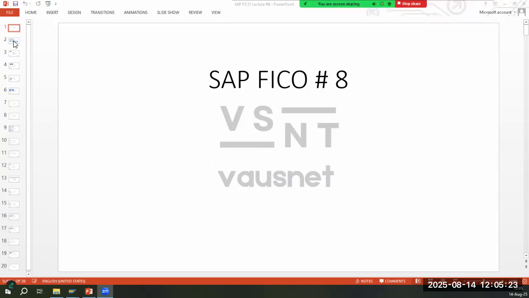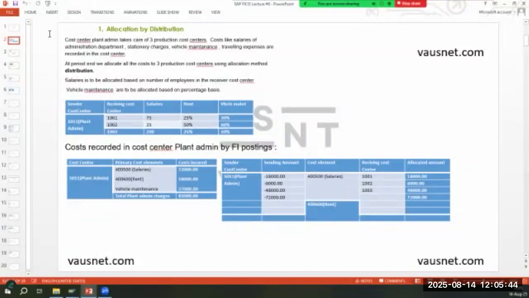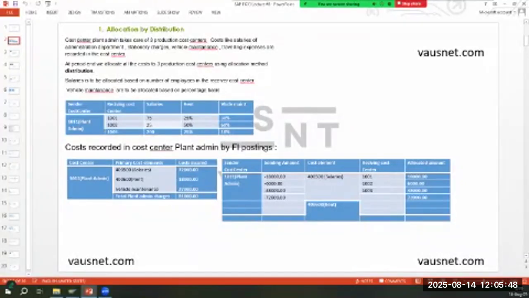Okay, lecture number 8, FICO, and today we are going to cover allocation by distribution. Cost center plant admin takes care of 3 production cost centers. Costs like salaries of admin, stationery charges, vehicle maintenance, travel expenses will be recorded in this cost center. At period end, we allocate all these costs to 3 production cost centers using allocation method distribution, which is the